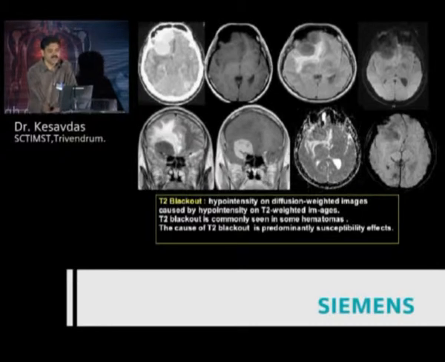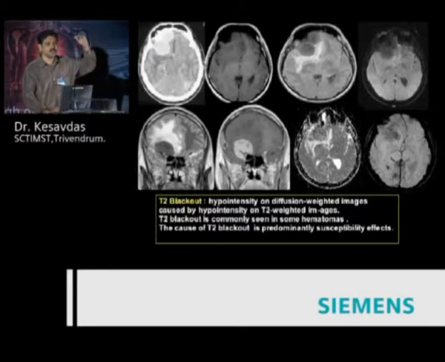Usually they are not. And this was showing a low perfusion also. The perfusion image is not here. Meningioma usually does not show a low perfusion. The perfusion is high, number one, and usually there will be some restriction of diffusion. So seeing these diffusion and perfusion imaging findings, we thought that this is not a meningioma.